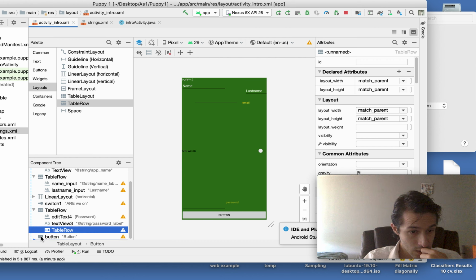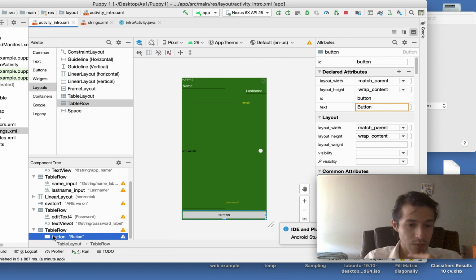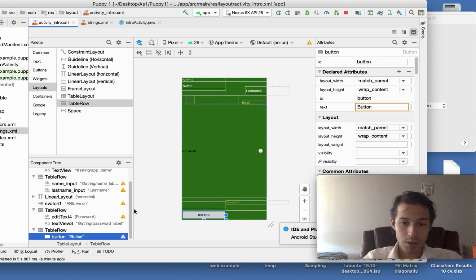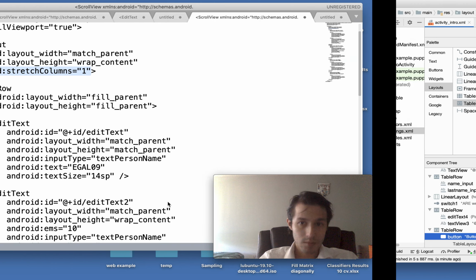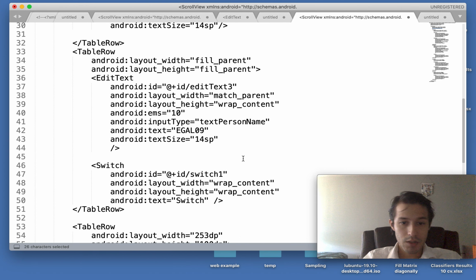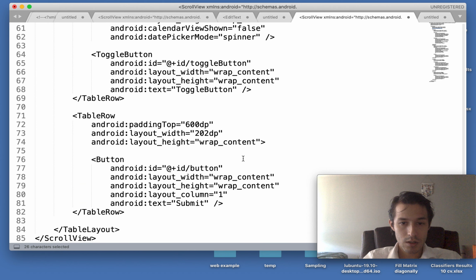I don't want it inside that one. So when you're dealing with table layout, it likes for table rows to be just underneath the parent layout. And now we're going to say, and this is the thing that I never know what to put,